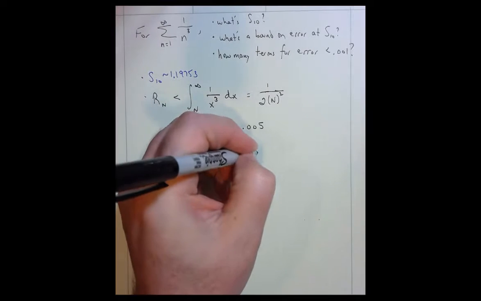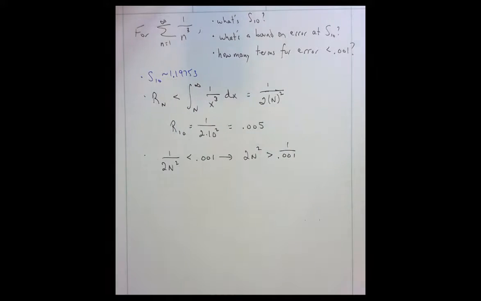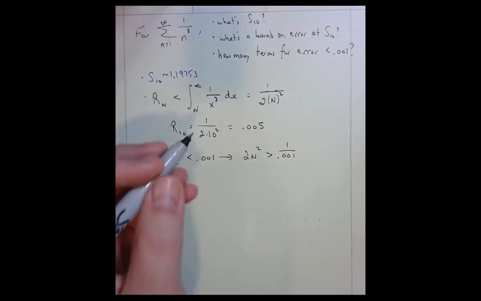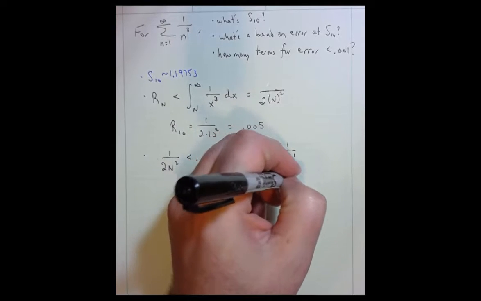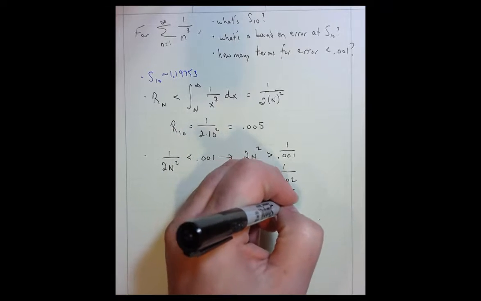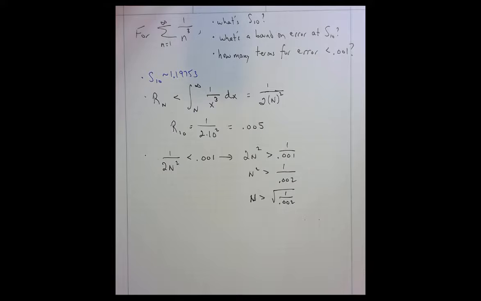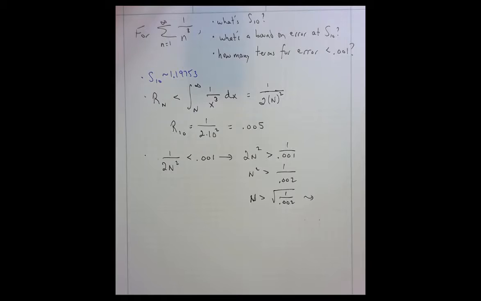So doing reciprocals, and remember, if you do reciprocals on both sides of an inequality, you have to flip the ordering. I probably should have done the 1 over 0.001 first, but I was excited to divide by 2 and do the square root. So not the most efficient way to get this value, but if you punch those numbers, this turns out to be about